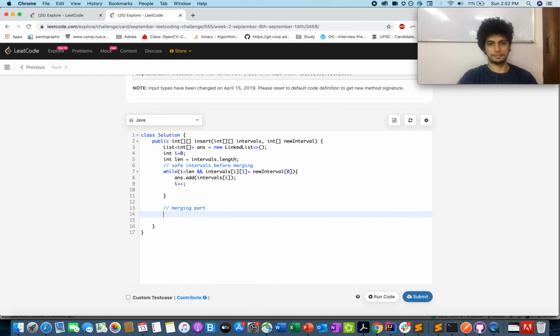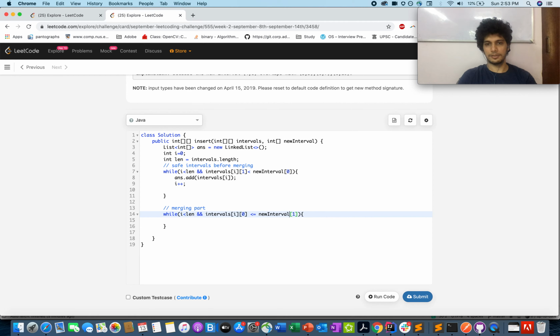Merging part. While I is less than len and intervals of I dot 0, the start of the interval, is less than or equal to new interval dot end. The end of your new interval is greater than the start of your iterating interval. That means you need to perform merging.